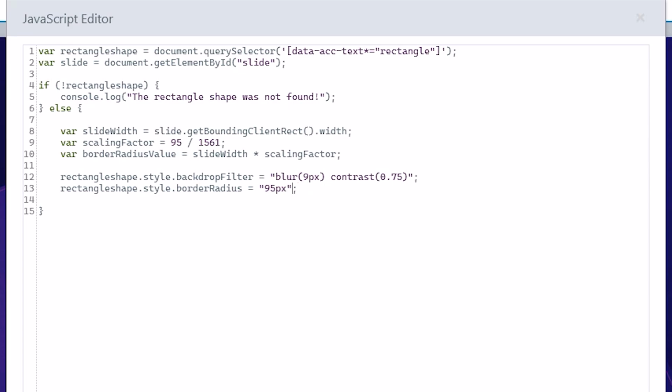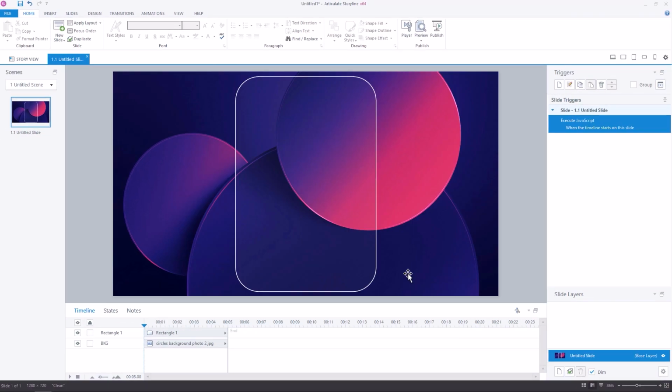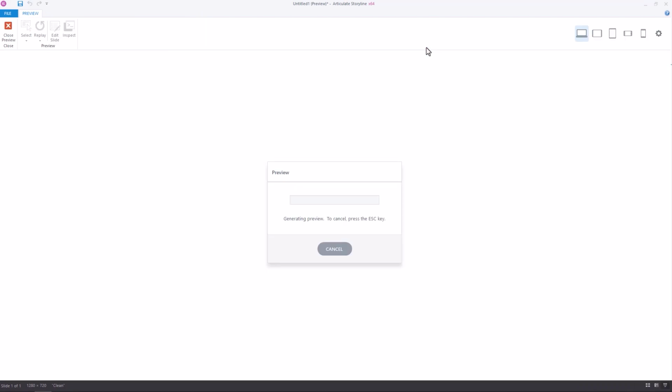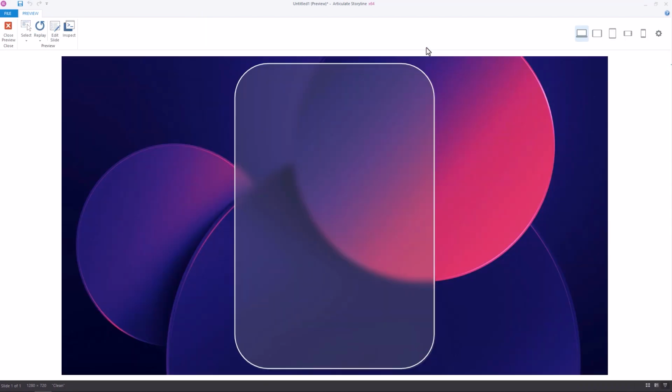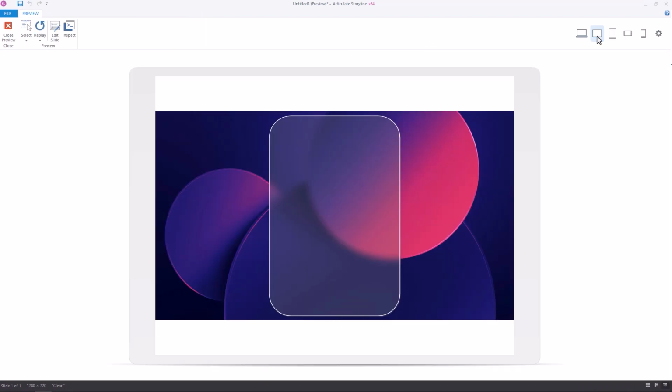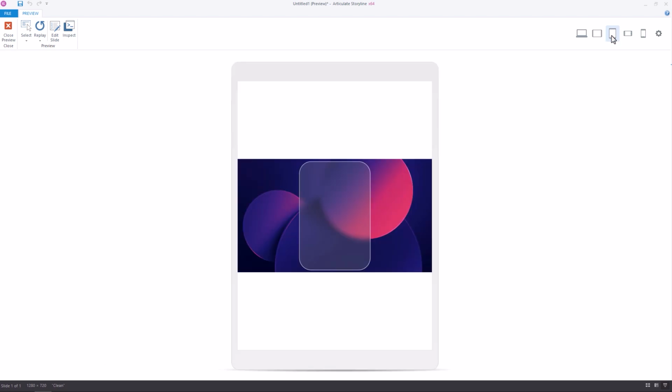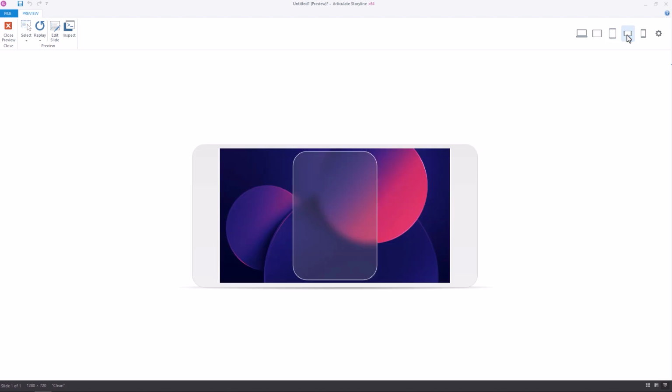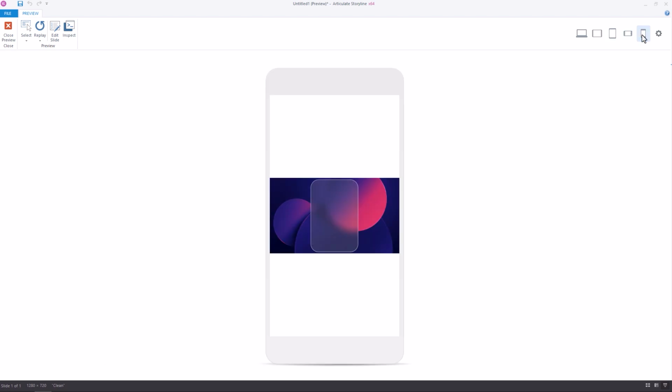So when we bring this value in to replace our hard-coded value here in our style rule, we just need to make sure to concatenate the px text to the end using a plus symbol, and also ensuring that the letters are contained in double quotes. With that, we should now find, if we preview our project, that at full width we have the border radius still at 95 pixels, but reload the project to any of our available smaller screen sizes, and that effect will remain consistently snug with the border of the shape.